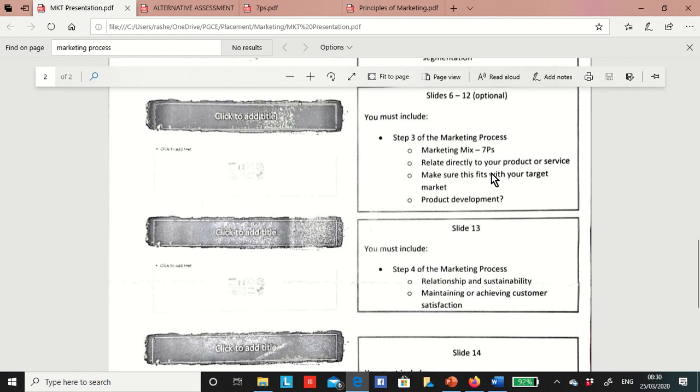Then place: what distribution channels is the company using for selling the product? Are they selling it directly to the customers, or are there any intermediaries in between? Then price: what are the pricing strategies?